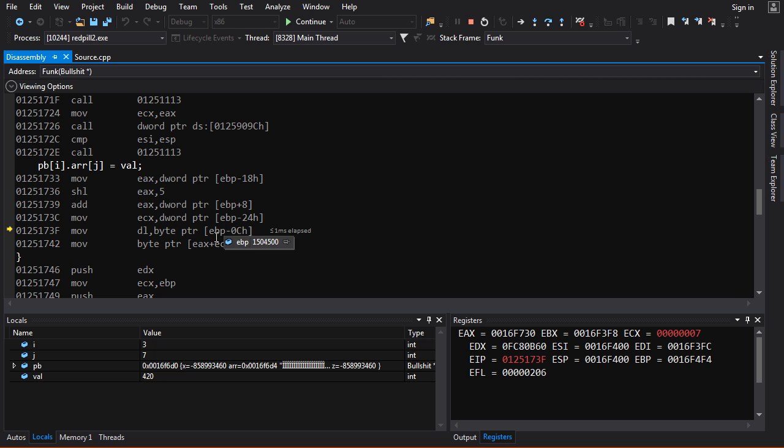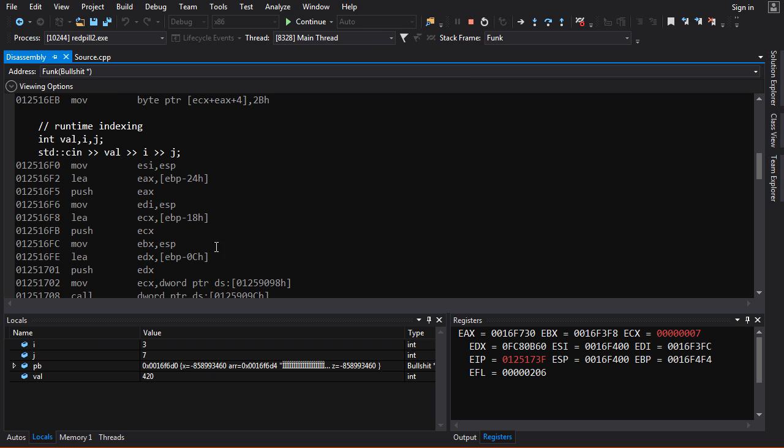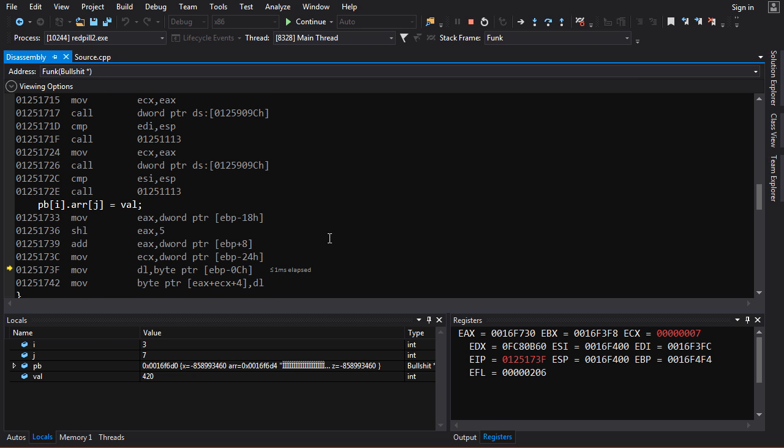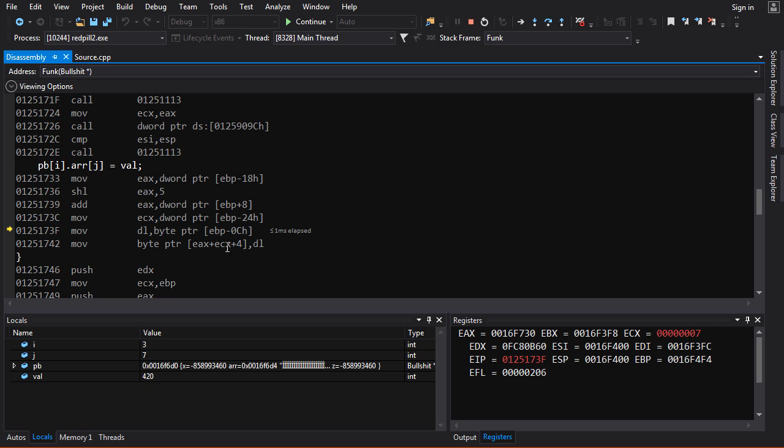Here we're loading the value that was input, I believe. Where is it? Yeah, maybe this is the value then. This is the value that was put in. And these two are I and J. I don't know which is which, but here we're doing move byte. Yeah, so here's where it's actually being stored. EAX, ECX plus 4, which is the same as we had before up there. So yeah, we're loading that into EAX. We're loading